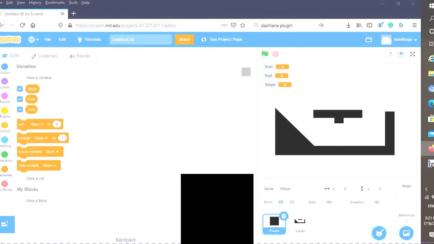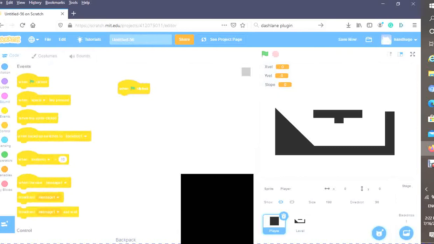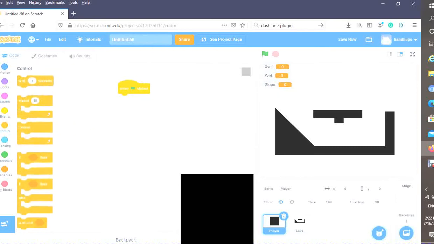In this tutorial, I will teach you how to make a platforming script. As you can see, I already came set up for this. I have our player and our level, each in the center of the screen, and I have the 3 variables that we will be using. Anyways, let's get started. So the first thing we want to do is when the green flag is clicked, now